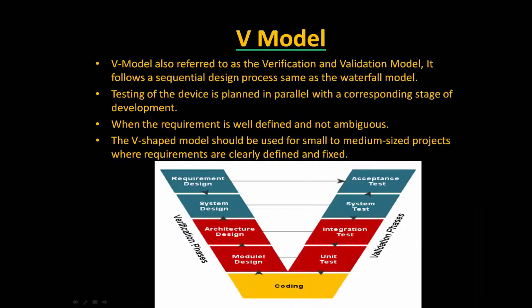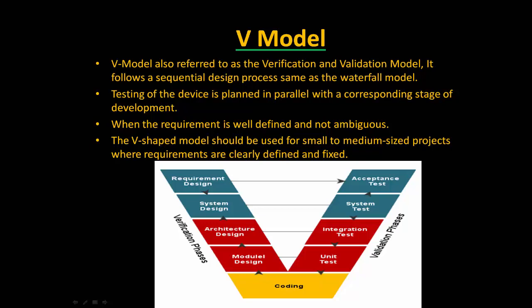So the next one is the V model. It is also referred to as the verification and validation model. It follows a sequential design process, same as the waterfall model. Testing on the device is planned in parallel with the corresponding stage of development. For example, when the user is developing, they will use JUnit testing by the Java developer, and some other testing performed by the user, such as Selenium or something else. A piece of code is developed by the user, and they are going to have testing in the same